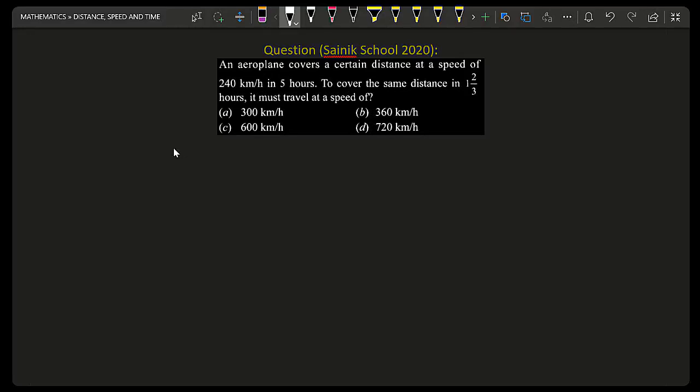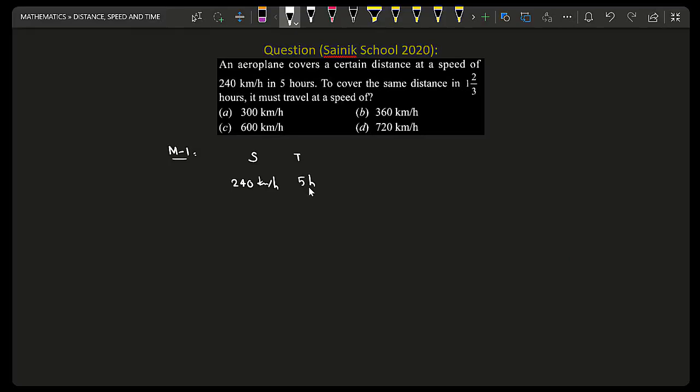Okay, first method number one, as you are saying, we'll go for the unitary method. So which columns do you want? Speed and time. Okay, in the first case, what was the speed? 240 kilometers per hour, and time 5 hours. Now, in the second case,